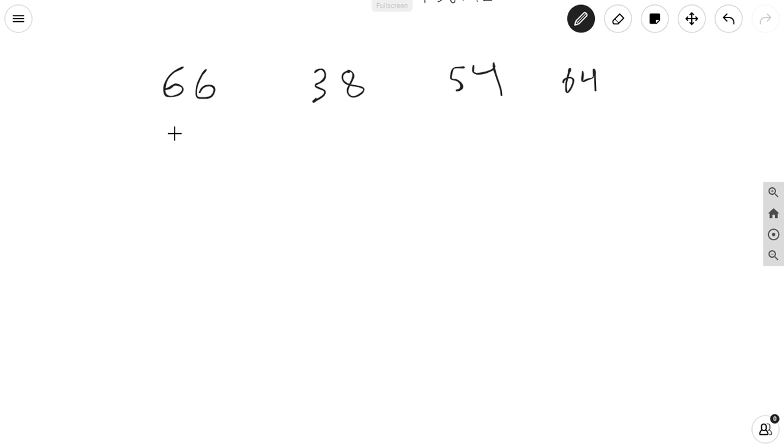So 66, in order to get 100, I would need to add 34; for 54, it'd be 46; and for 64, it'd be 36. Alright. So with these, you'd note that the digits in the tens place will add to be 9 no matter what, and the digits in the ones place would add to be 10. And that's how you figure out what you need to add to get to 100